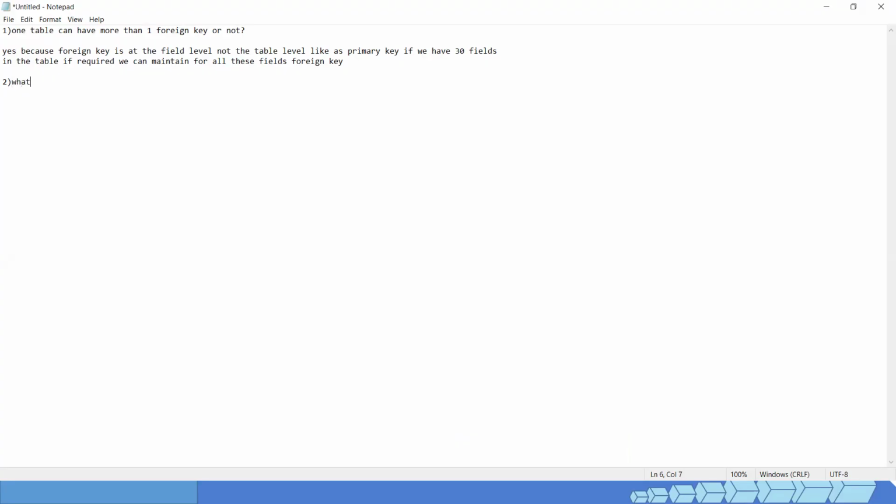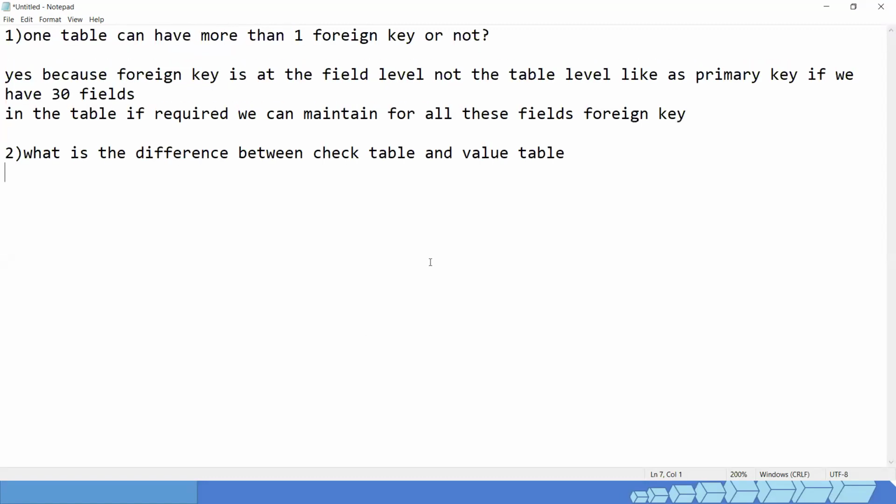Yes. This is an interview question, a must. What is the difference between check table and value table? Again, I repeat, you can answer this very confidently once you practice it, like how we are doing now. Right here,